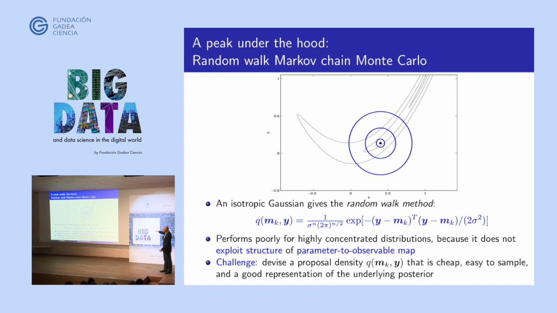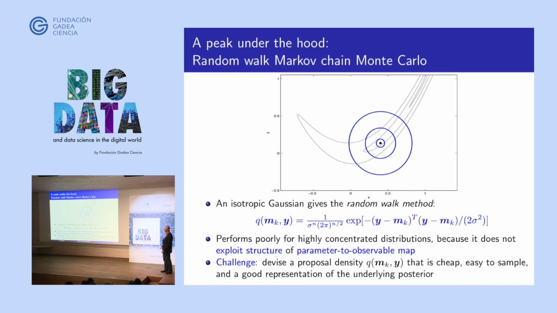All right, so here is a little bit of a peek under the hood, just a little hint illustrating how these methods work. This is a vanilla random walk Markov chain Monte Carlo method. So we're trying to sample a distribution that has contours in gray. It's just 2 dimensions, so it's easy to visualize. And here's an isotropic Gaussian proposal. If we draw a sample from this and use that as a proposal for Markov chain Monte Carlo, it's going to be rejected most of the time, especially in high dimensions.